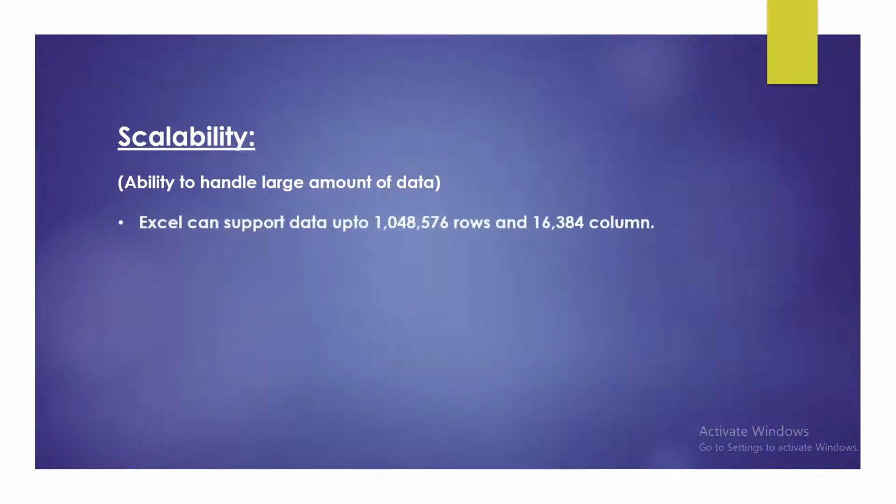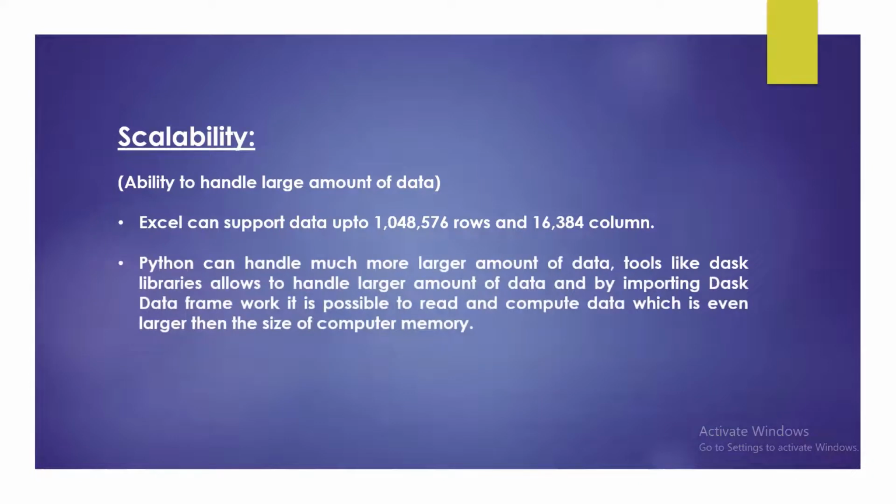When we see Excel, Excel can only handle up to 1 million rows and 16,000 columns of data. Whereas Python can handle tens of millions of rows and thousands of columns, and much larger amounts of data than Excel can. Its tools like the Dask library allow it to handle much larger amounts of data than Excel can. And by importing Dask data frames, it is possible to read and compute data which is even larger